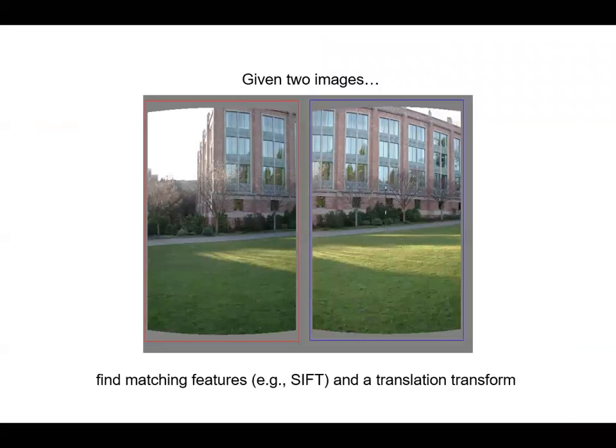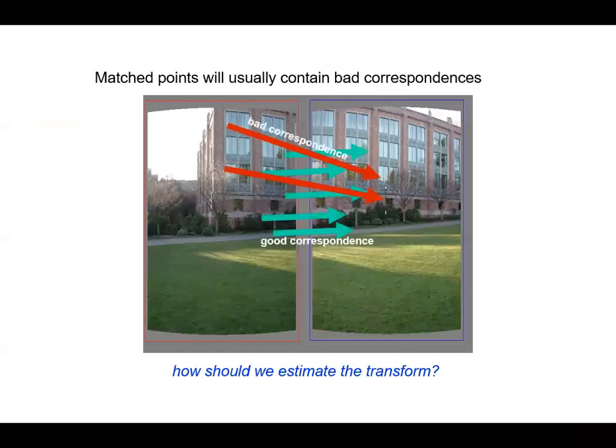Now to apply this to an image, given two images, I will have all of these correspondences. I'm saying this is corresponding to this, this is corresponding to this, and so on and so forth. But from our eyes, we know that these are bad correspondences and the greens are good correspondences, but the algorithm doesn't know that. So how will the algorithm detect this? It's exactly the same thing as we did with the line. Choose one of them,